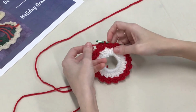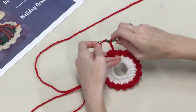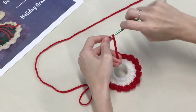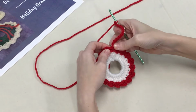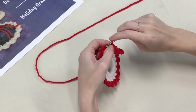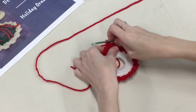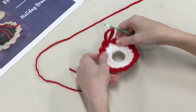All right, so now we need to make our little hanger for the ornament. So we're going to chain up 12. And then we're going to slip stitch back into that very same single crochet that we started with, right there. And then pull through the loop on your hook. I'm going to chain 1 and fasten off. All right. Then you can go ahead and weave in those ends, but I'm going to get you started on